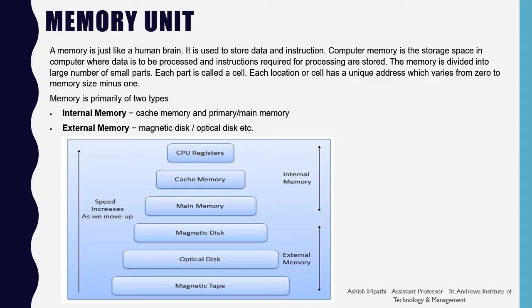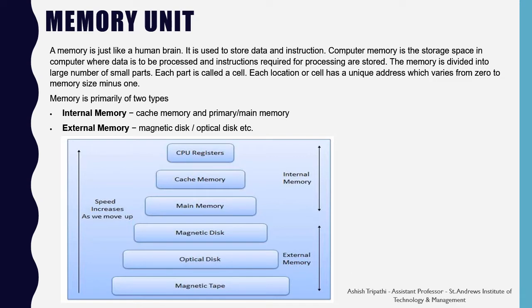Here is a diagram to showcase the speed and the performance of the memory. The fastest memory in a computer is known as the CPU register, whereas you can see that a register is there to store a single bit of information. Faster than that is the cache memory. There are two types of cache, L1 cache and L2 cache.